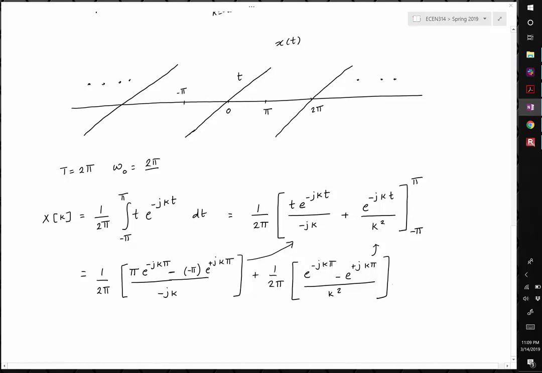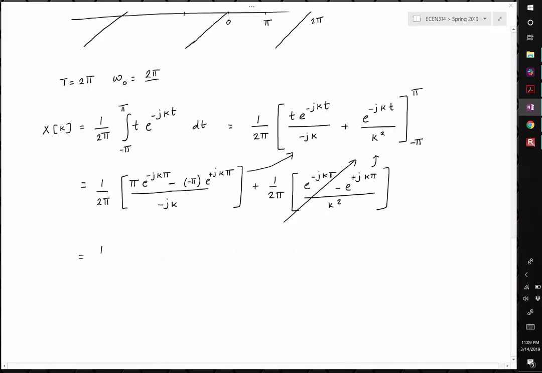Now notice that the second term is actually 0 because e to the negative j k pi is the same as e to the j k pi. So this whole term goes to 0. And we're left with just the first term, which is 1 over 2 pi. And I can write this as pi times e to the negative j k pi plus e to the positive j k pi divided by negative j times k, which is 1 over 2 pi times